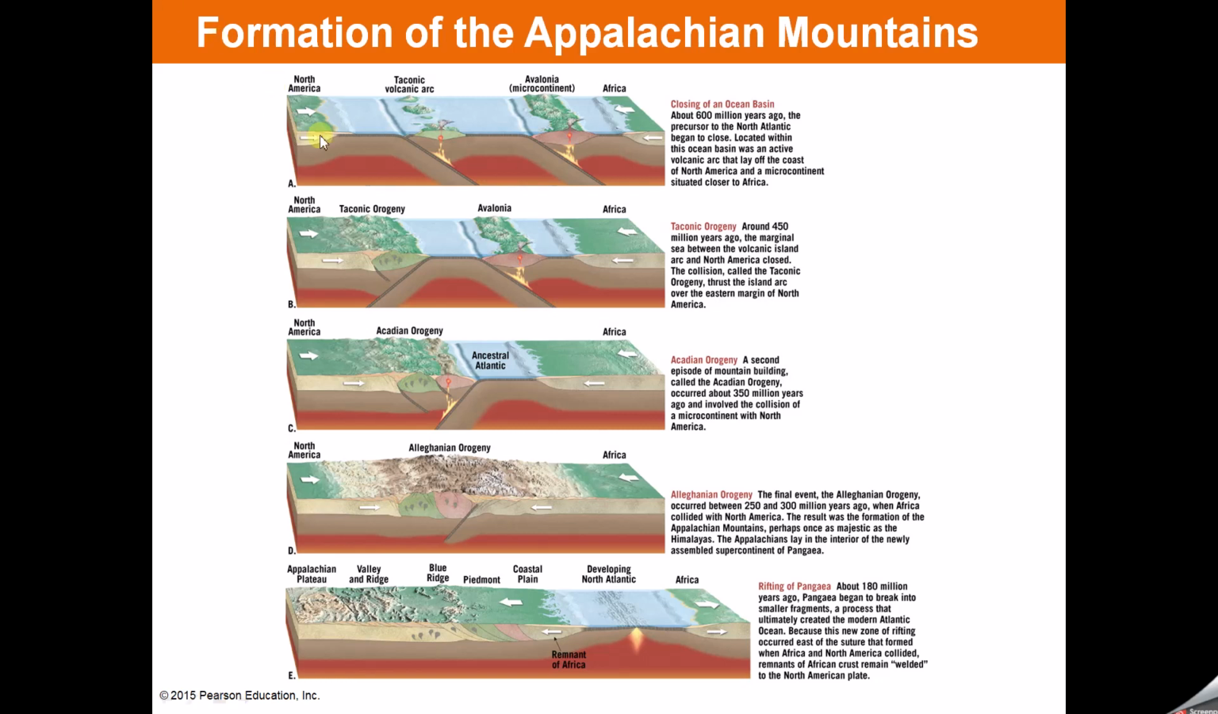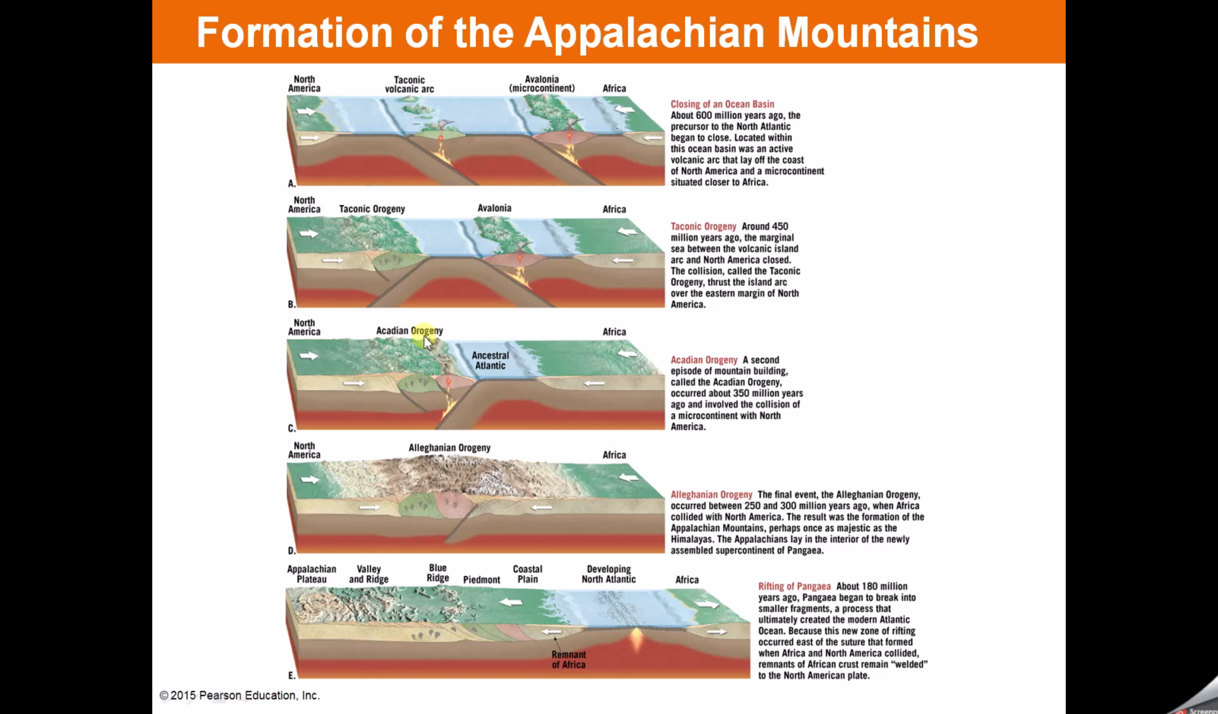So here we have North America and Africa. And here we have tectonic volcanic arc and a Valonian microcontinent. So what happened here, the first stage? We call it tectonic orogeny, where these volcanic arcs collided with North America. Okay? And then we had double subduction zone. We have one, two, and here we had double subduction zone, and the Avalonian collided with North America and formed